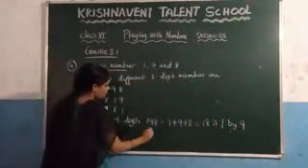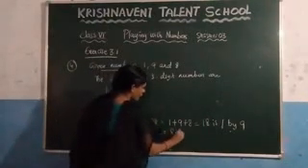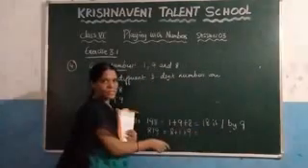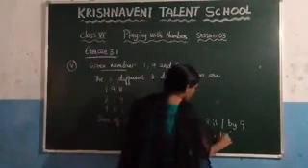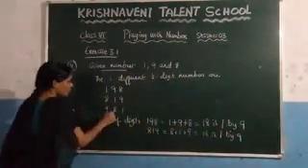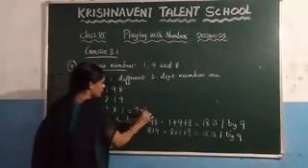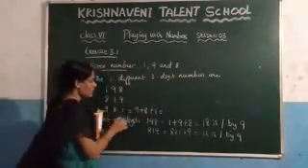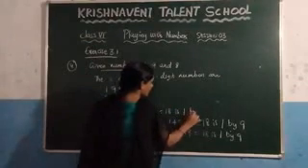Now check the next number, which is 819. You can write 8 plus 1 plus 9. What will be the result? 8 plus 1 is 9, 9 plus 9 is 18, and you know that 18 is divisible by 9. Similarly, you can check for 981. Adding, you get 9 plus 8 plus 1. 9 plus 8 is 17, 17 plus 1 is 18, and this 18 is divisible by 9.